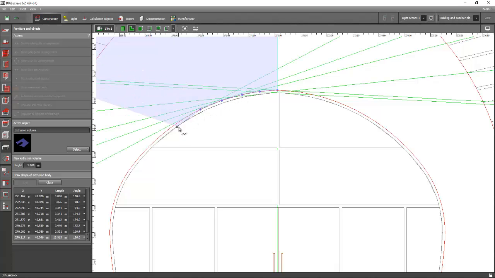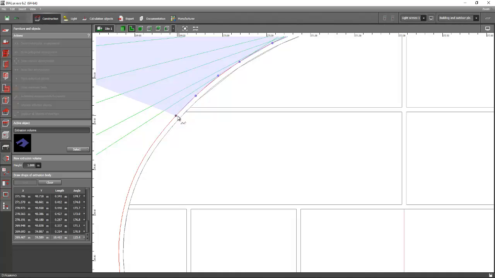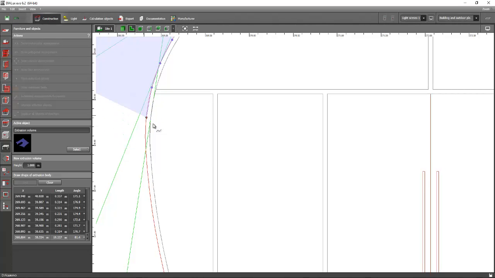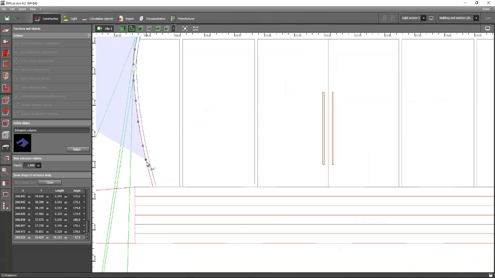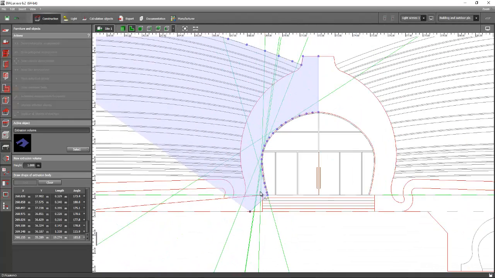entrance. And then, keep doing it. You can adjust it later. Keep pressing it, and press undo if you made a mistake. Then keep pressing it until you finish it there. And then